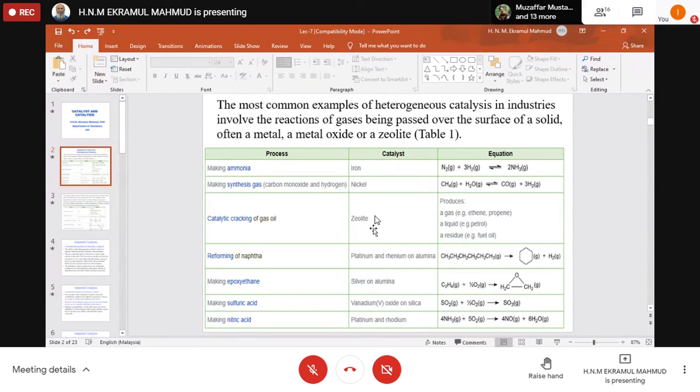So what's the catalyst used there? It is zeolite. Many types of zeolites we have studied, so ZSM5 or any other type of zeolite can be used. The liquid product is petrol, or gasoline, or kerosene, diesel, all these. The residue is fuel oil or tar, or you can say wax, which is your solid form of carbon